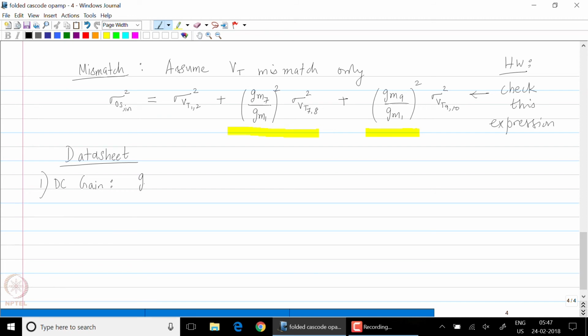That is clearly going to be GM1 times RO, and RO is clearly, you have two portions. So the first portion is R up, which is GM4 RDS4 times RDS9 parallel RDS2 in parallel with,